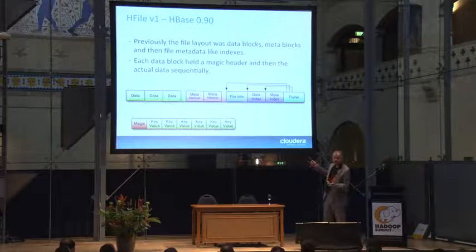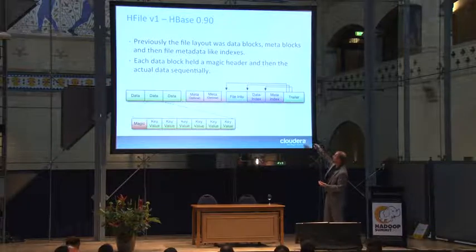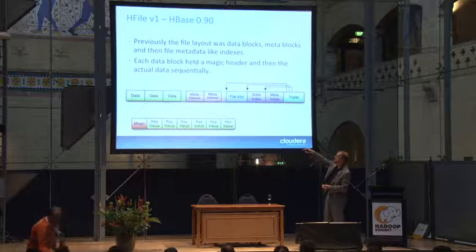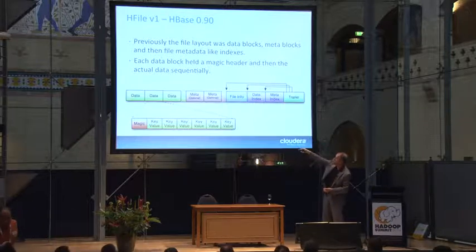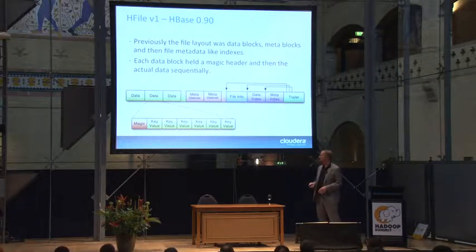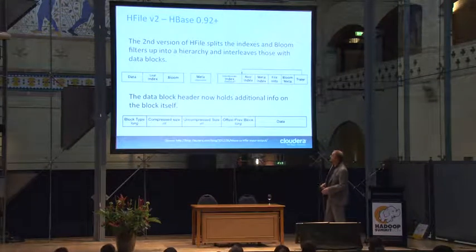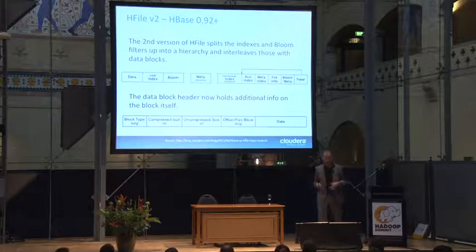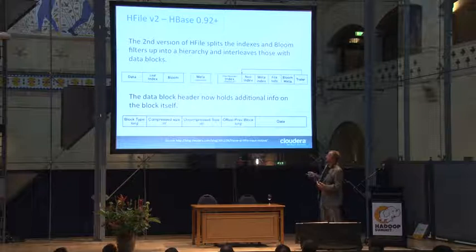So when you open up the file, you would read the trailer. This is a fixed size trailer here. With this trailer, you would know where the offsets are into the metadata index, the data index, and the file info. And then from there, if I need something from the data, with that data index, you could jump and read those blocks out of the file, right? In the new version, HFile v2, which I just missed, as I said earlier, to document that, but I will certainly add that now.